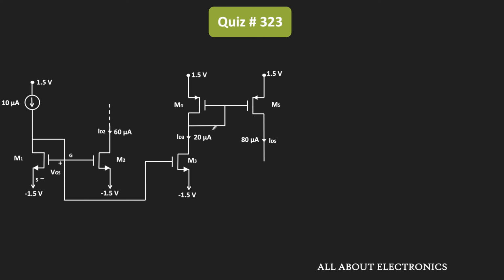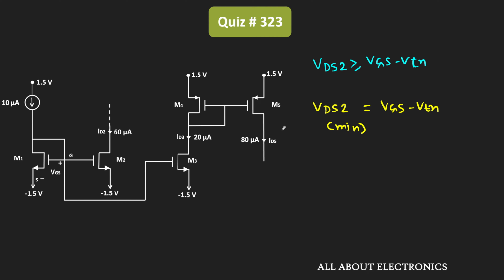We know that for this current mirror circuit, all the MOSFETs should operate in the saturation region. That means this MOSFET M2 will also operate in the saturation region. In the saturation region, this voltage VDS2 will be greater than or equal to VGS minus VT, or to be precise, VGS minus VTN. This MOSFET will be at the edge of saturation when VDS2 is equal to VGS minus VTN. So let's call this voltage VDS2 minimum.